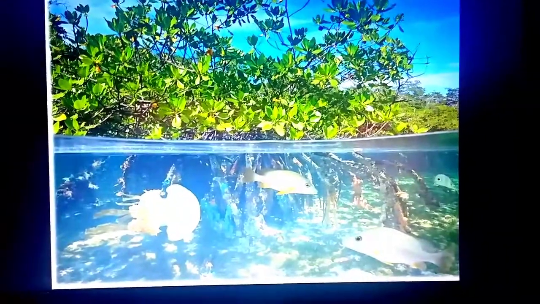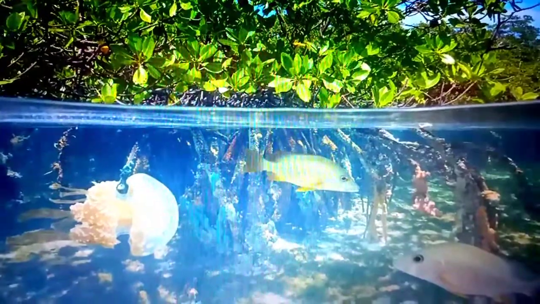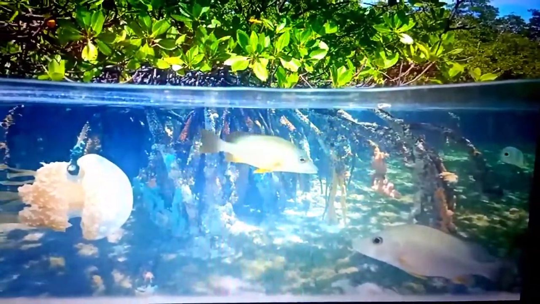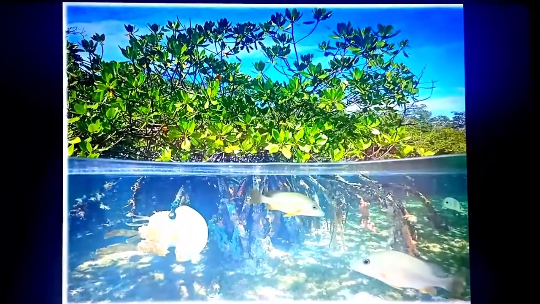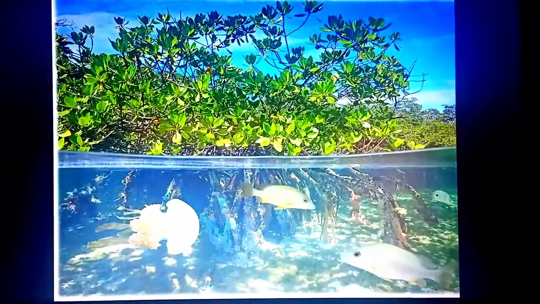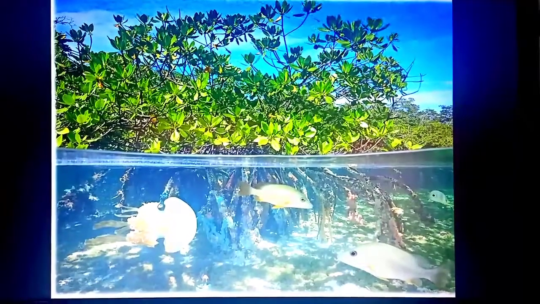See how beautifully captured this picture. Can you see underwater the roots are also visible? It's very crystal clear water. I hope, children, this is clear. Later I have added several questions and their answers to make this concept clearer.